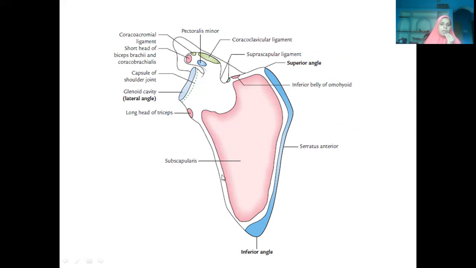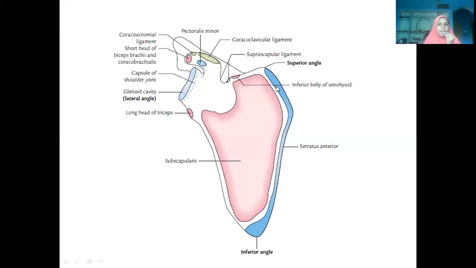What is the name of this border we have? Lateral border. Near the vertebral column, what is the name of this border? Medial border. And what is this border we have above? Superior border. Now, coming to this costal surface, which is resting over the ribs, here you will find a muscle taking its origin, that is subscapularis. The fossa is also called the subscapular fossa. Inside you will see a bulky muscle, that is subscapularis.